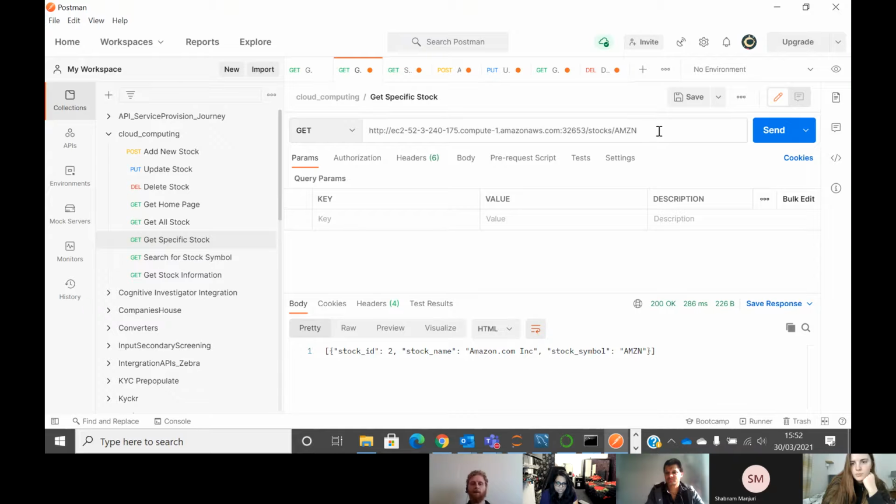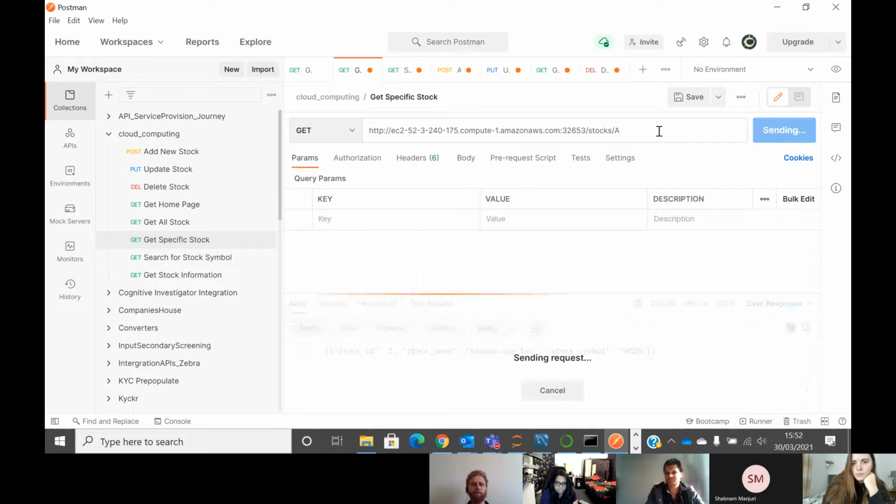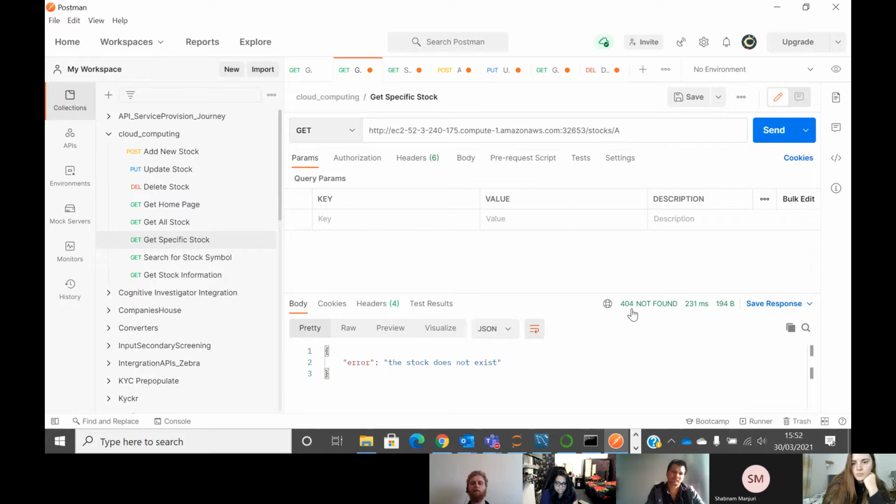Also, there is appropriate error handling. If I input a symbol that does not exist within the database, it will return an error. Here we can see that there's a 404 error, and it says that the stock does not exist within the database. Okay, so for the purpose of the demo today, I want to add a stock to the list,